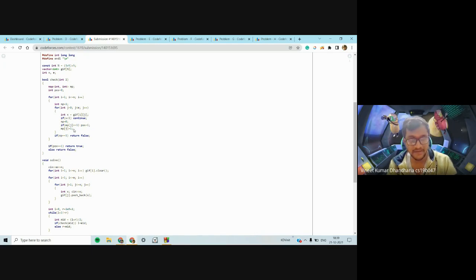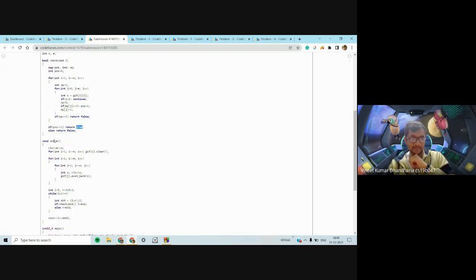And irrespective of that, you mark that shop again, because this person can also get happiness greater than L if you take the gift from this shop. So you mark it up as 1 again. So for each person, you mark up the shops which would give them greater than L happiness. Maybe you can do it without a map using an array as well. The map was not necessary here. So for each shop you do this, and if for any shop there is more than 1 person who would get satisfied with just taking this shop, then you know that your answer is possible and you return true, else you return false.